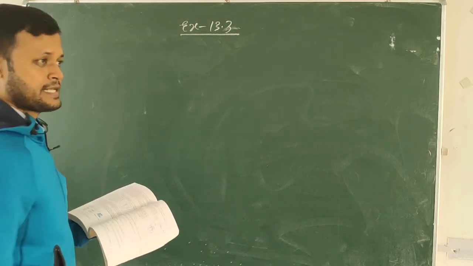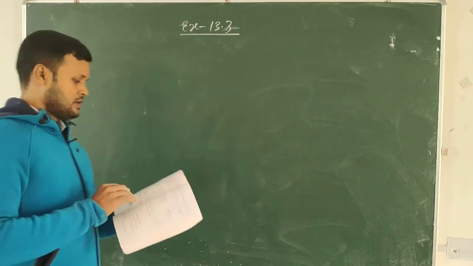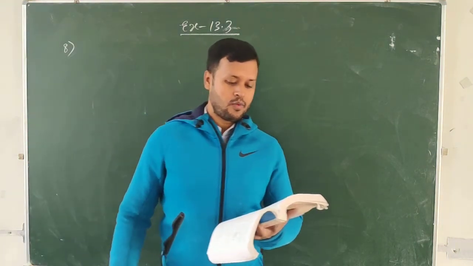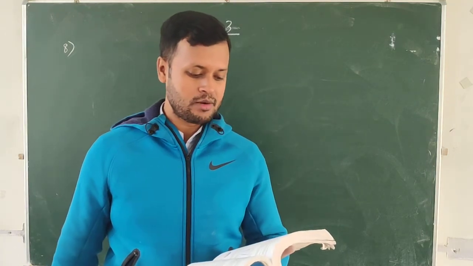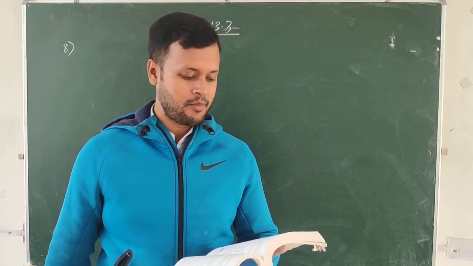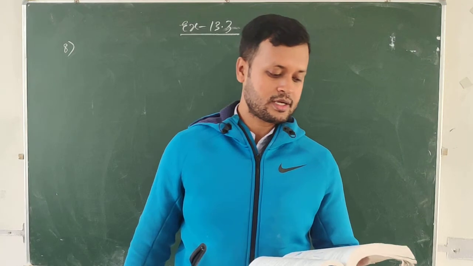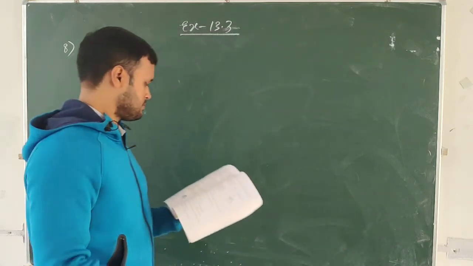Students, let us see one more sum. Number 8. Okay. So water in a canal 6 meter wide and 1.5 meter deep is flowing with a speed of 10 km per hour. How much area will it irrigate in 30 minutes if 8 centimeter of standing water is needed? Okay. So